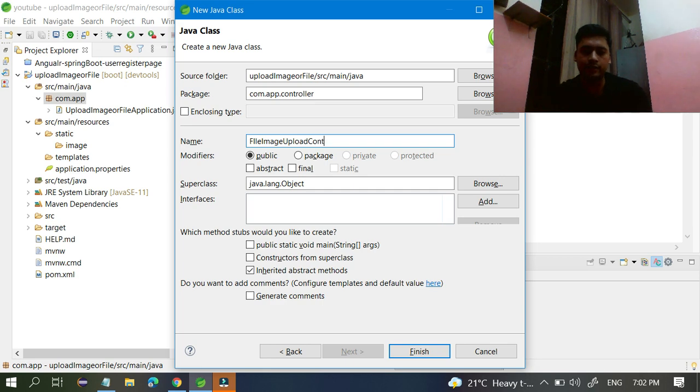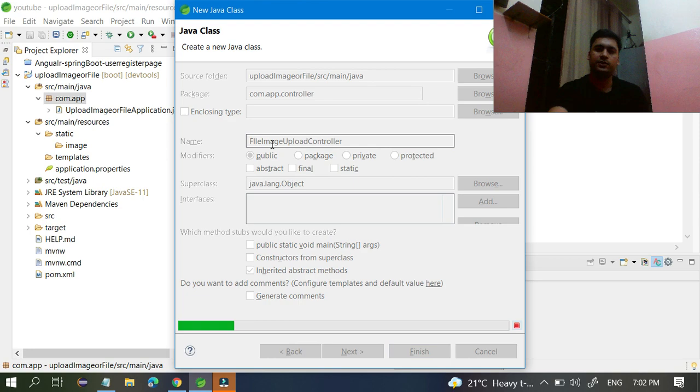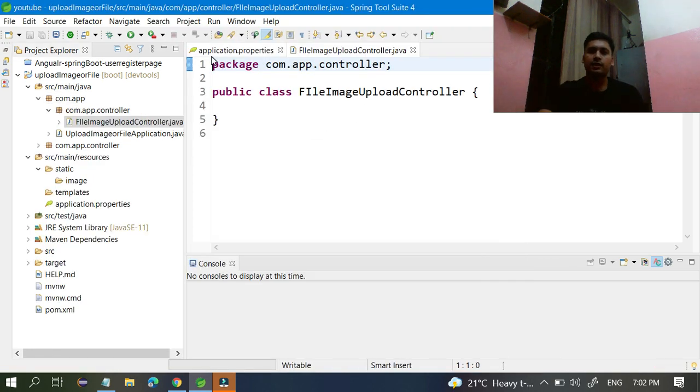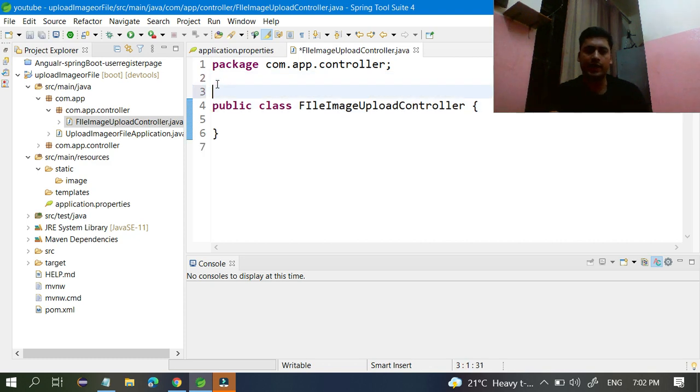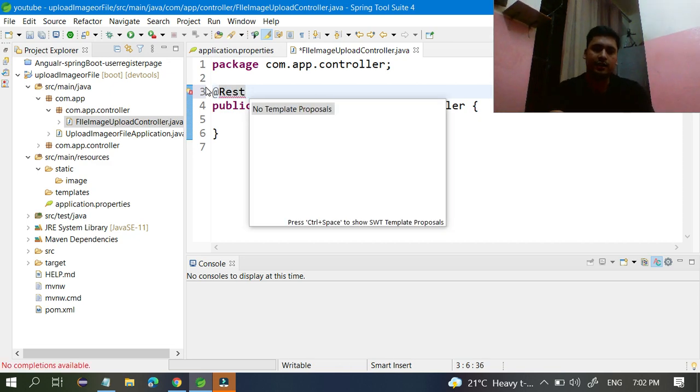Just annotate this class as a controller so that this class has the ability to communicate with your REST client, your Postman or any type of application you develop. Just take this, not Repository, RestController.